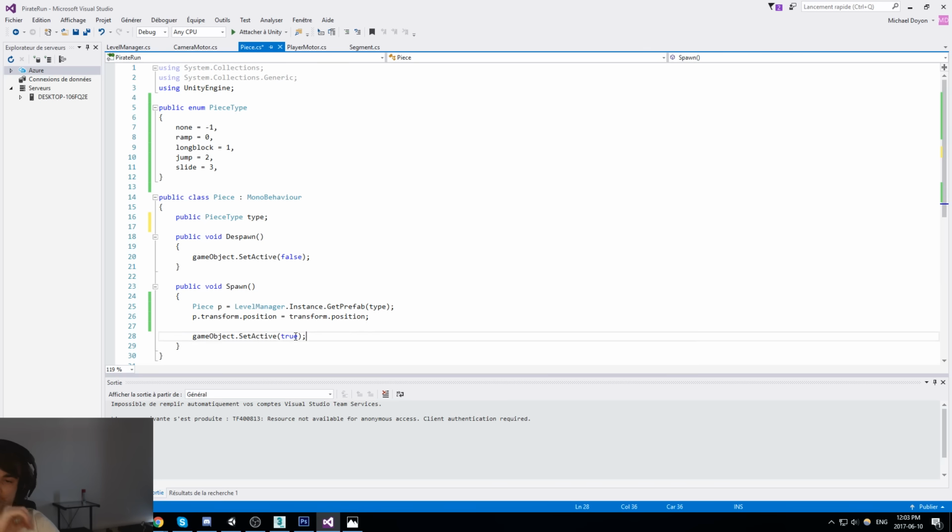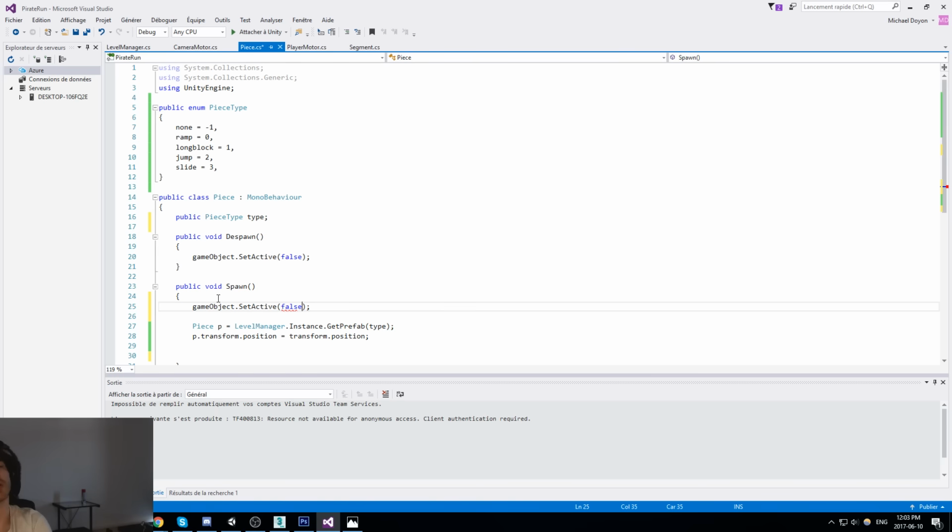So when we spawn, let's put the game object set active to false. That's the old one. I want this to become like this, but I want to keep the position as well.